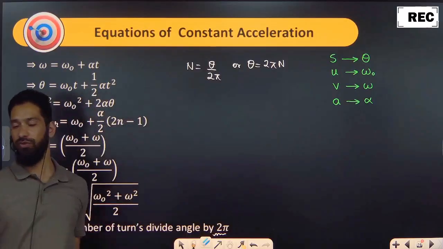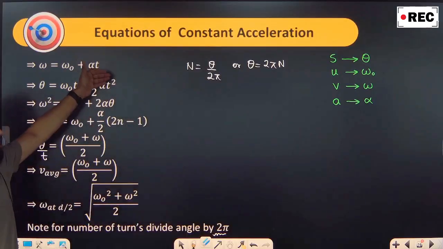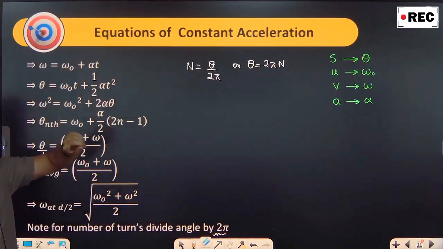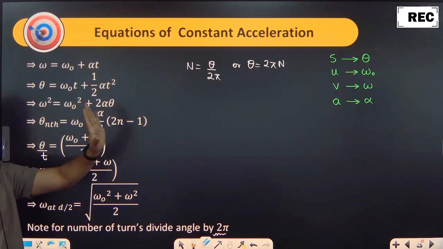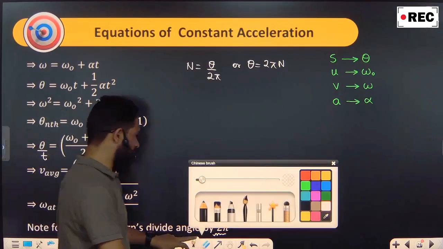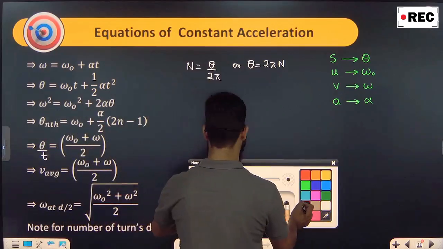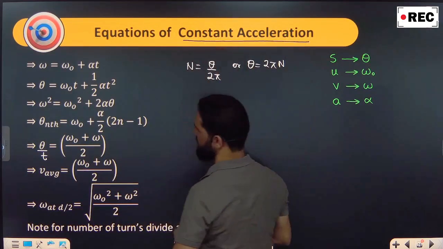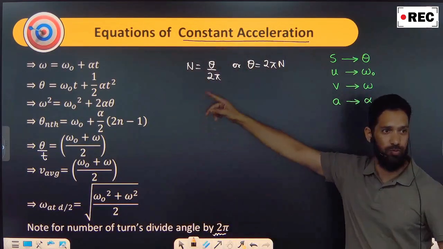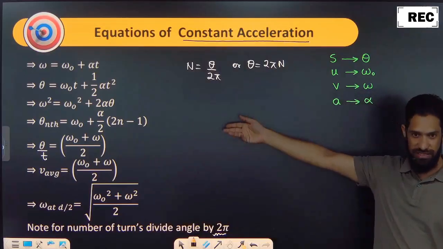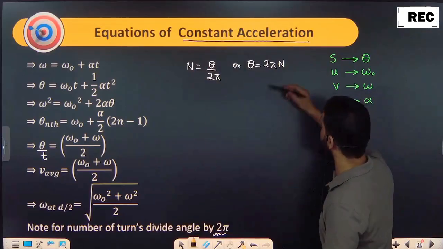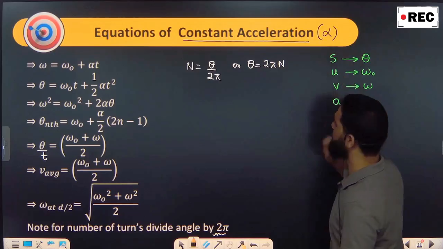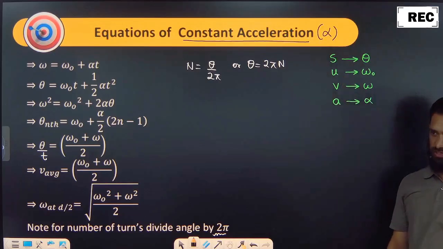This is the analogy you will do. जो भी हमें काइनेमेटिक इक्वेशन हमने पढ़े थे किसके लिए? Constant acceleration. But there the acceleration was simple, हाँ? But I am telling you now, उन्हीं accelerations को आप किससे रिप्लेस कर दो? Angular parameters से. Constant acceleration के लिए these equations v equal to u plus at and all they were valid for constant acceleration ना. So here also they are valid for constant acceleration alpha. Alpha should be constant, right?